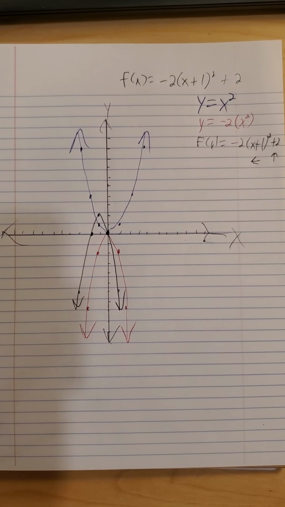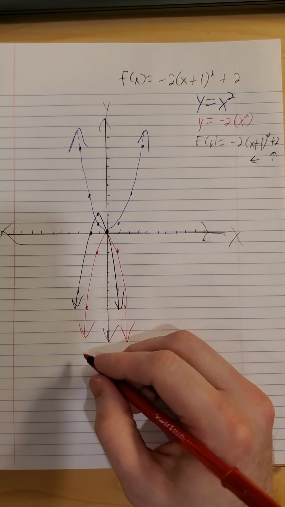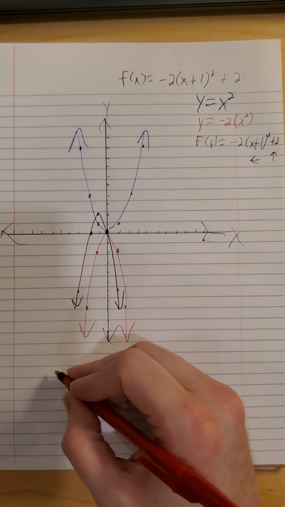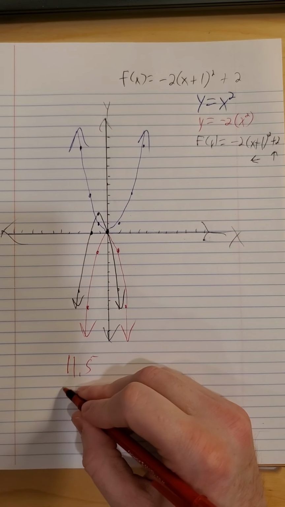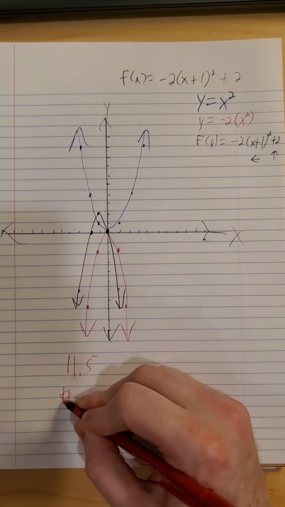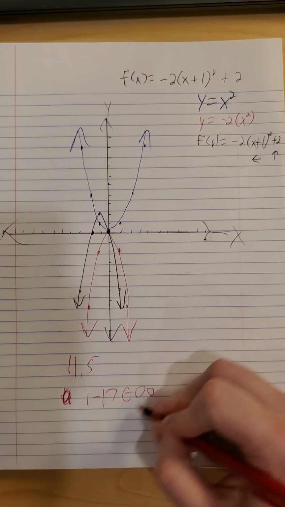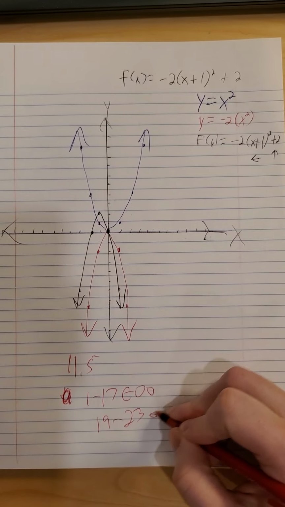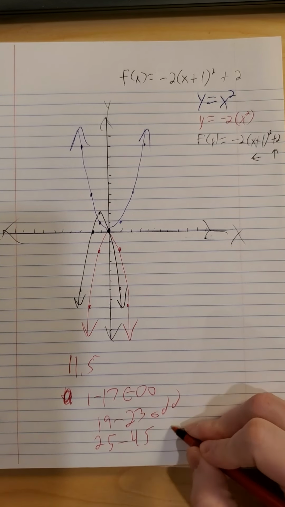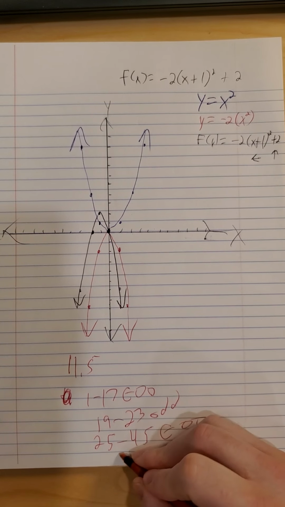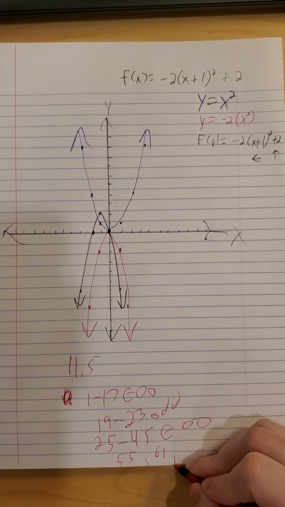All right, so I'm going to get you some homework problems to try out. 11.6 is going to be a longer section. There's quite a bit going on in that. So 11.5, they were all over in 11.5. 1 to 17, every other odd. 19 to 23 odd. 25 to 45, every other odd. 55, 61,